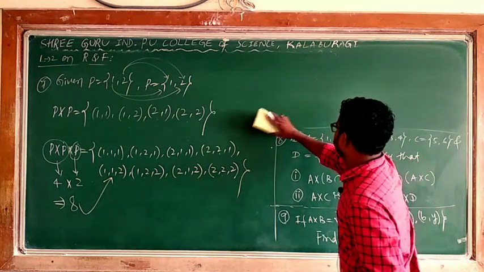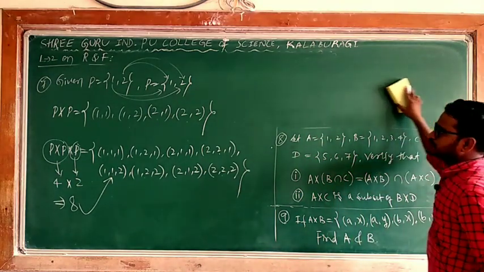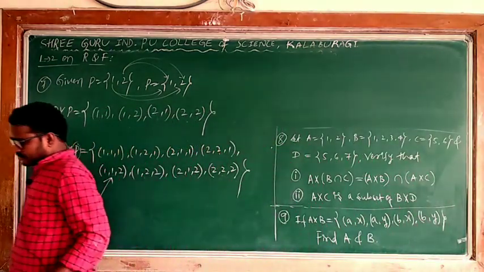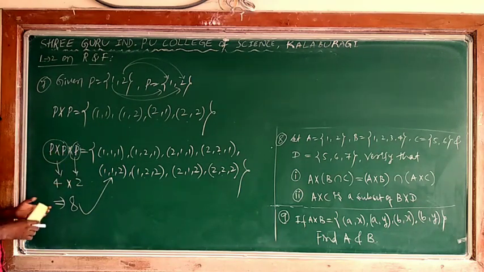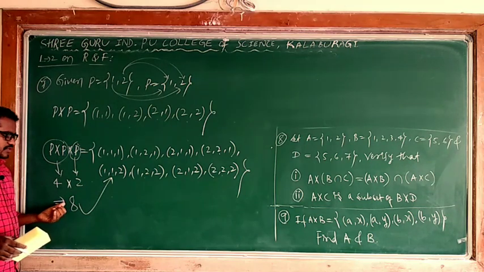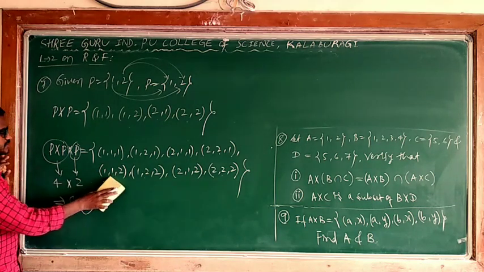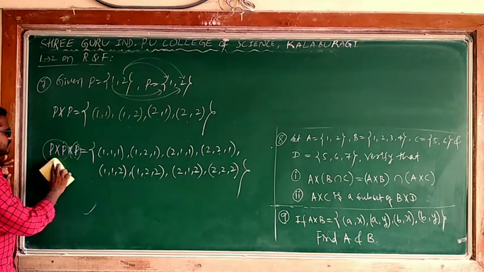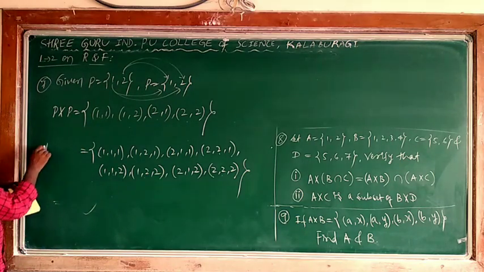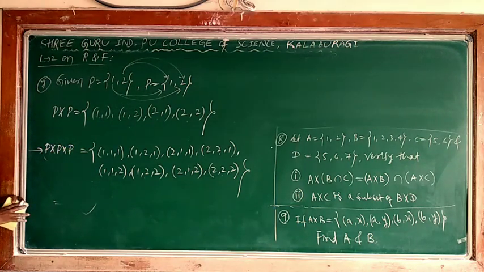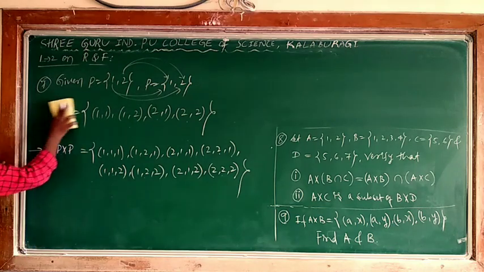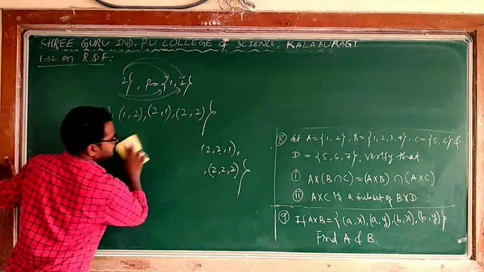Okay, is it clear? Is it clear? Follow this. Ultimately you can say P cross P cross P. This is only for understanding how many elements are possible. I wrote this roughly. It is not necessary. Actually, this much is enough. You can say P cross P cross P, because they are asking this only. Therefore, you can say this is the result. Yes, 7th is over.